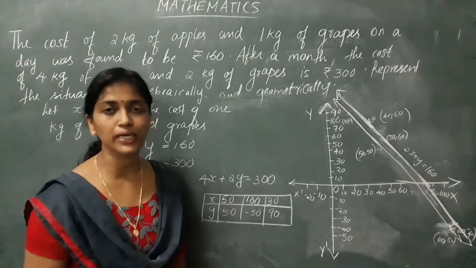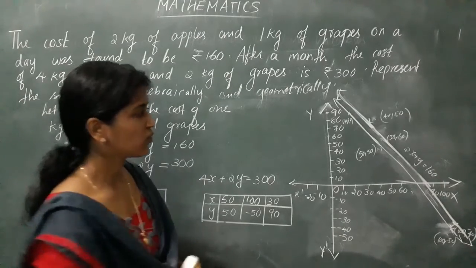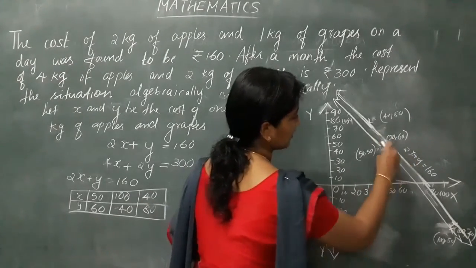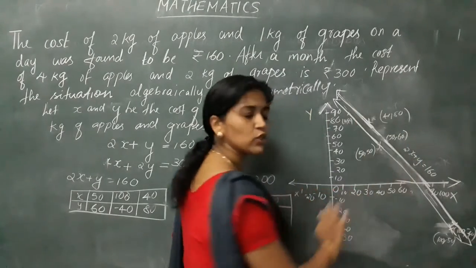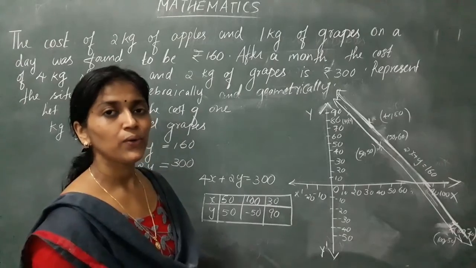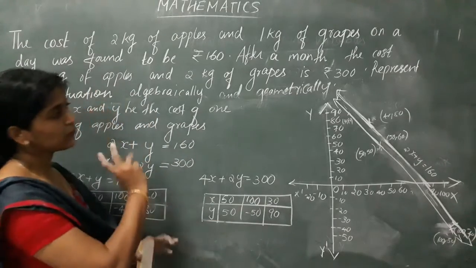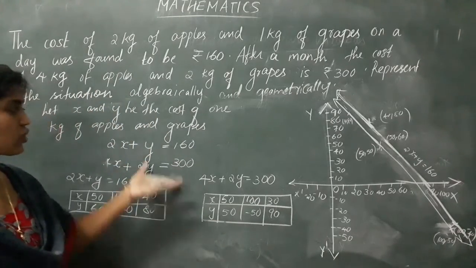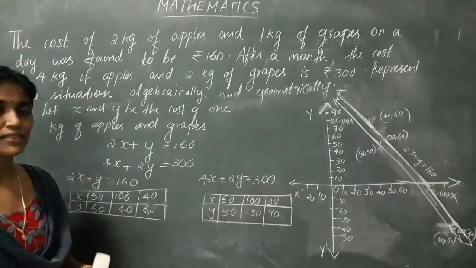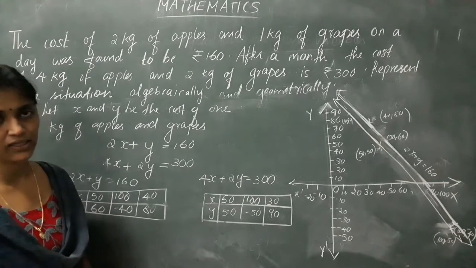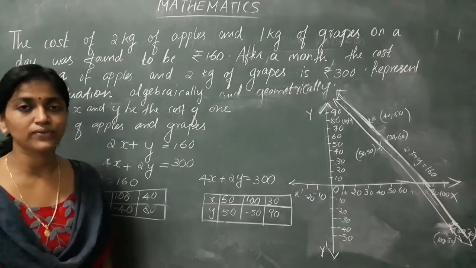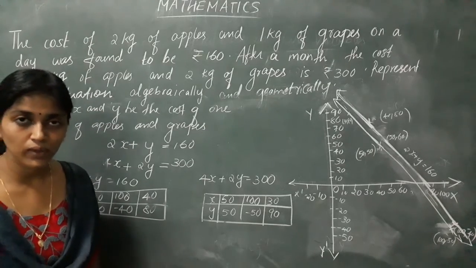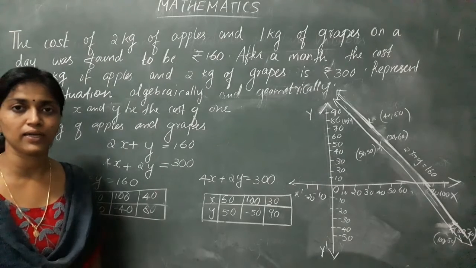In the previous case we got two intersecting lines. So when you draw it properly, since I have drawn it by hand, that's why. When you draw it, you will get two parallel lines there. So you can see when you represent a pair of linear equations geometrically, it will be either intersecting or parallel, or it will be coincident. You will get homework for this section and notes of this section, and do your work properly, write your notes properly.